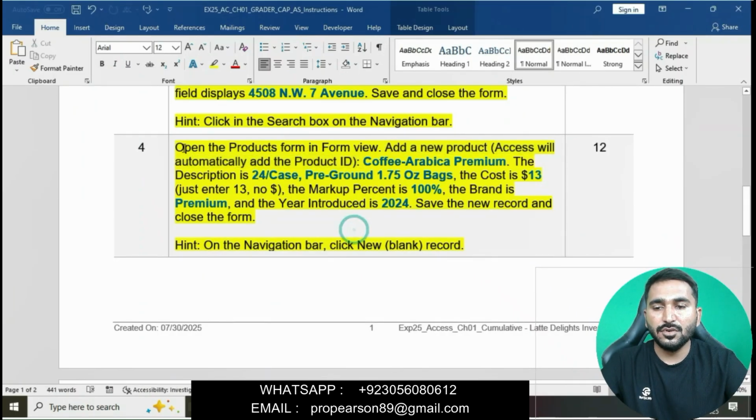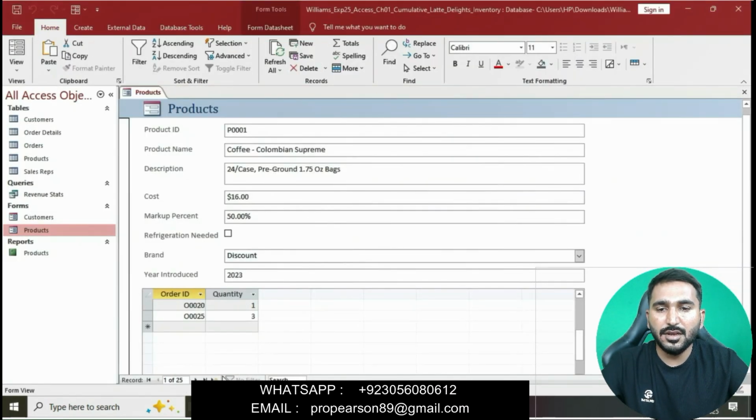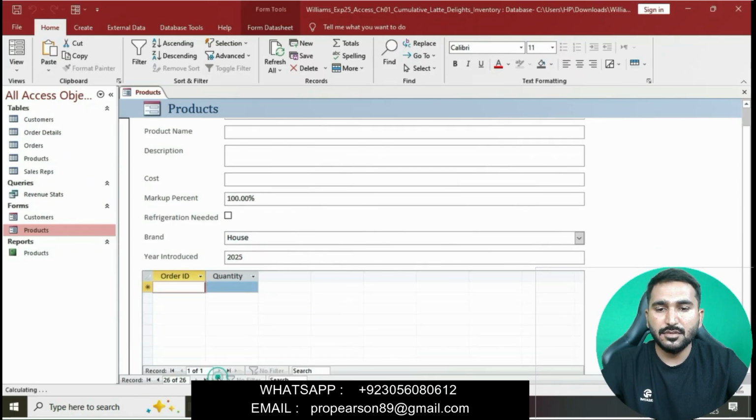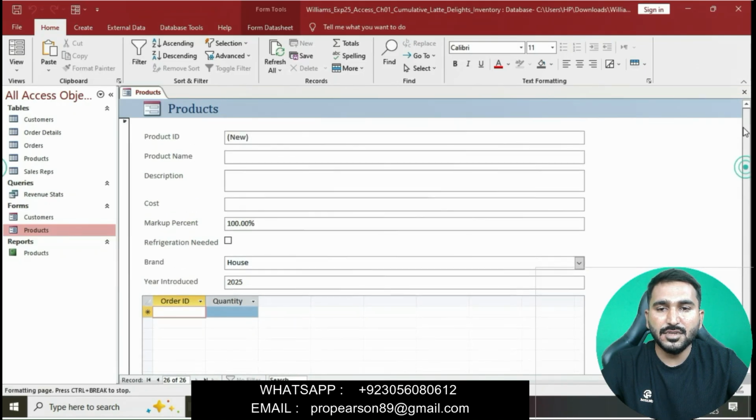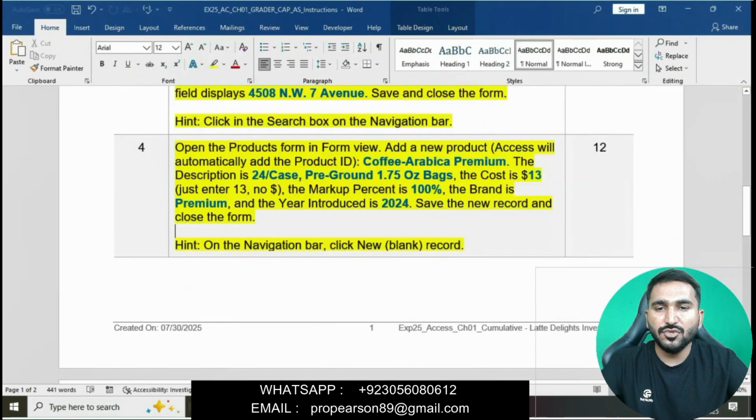Go to the new product, add a new product, Coffee Arabica. The product ID is new, and the product name is Coffee Arabica Premium.